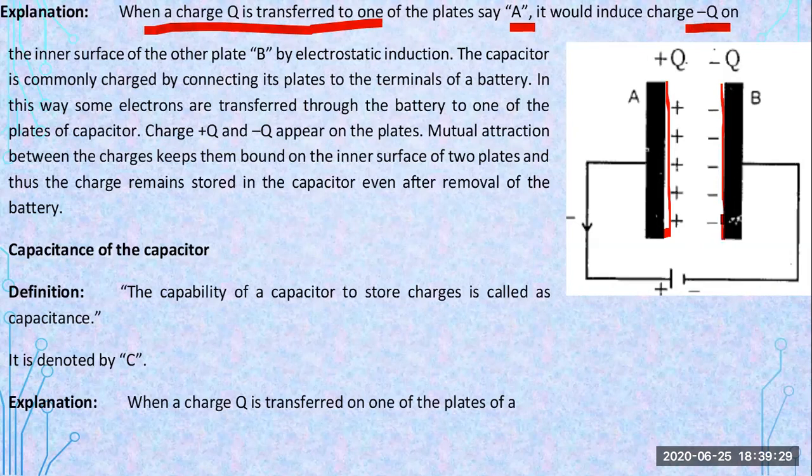Look, when we connect these plates with the terminals of a battery, one is connected with the positive and the other with the negative. So this plate becomes positive. You know what happens? The positive charges present on this plate repel, due to electrostatic force, the positive charges on the other plate, and these positive charges move to the other side of the plate. And in front of this positive charge, there will be a negative charge. Again, this positive charge will repel the other positive charge, and the positive charge will move to the back of the plate, and so on.